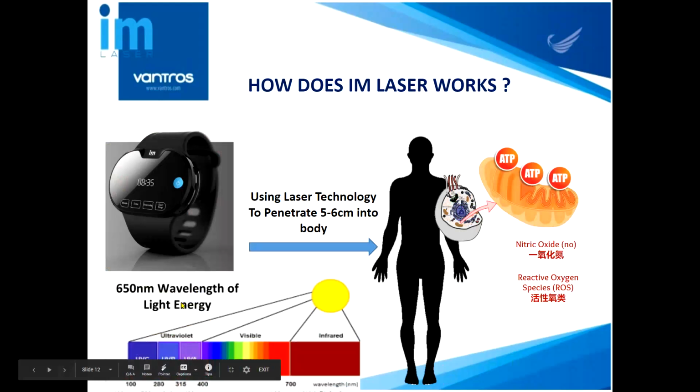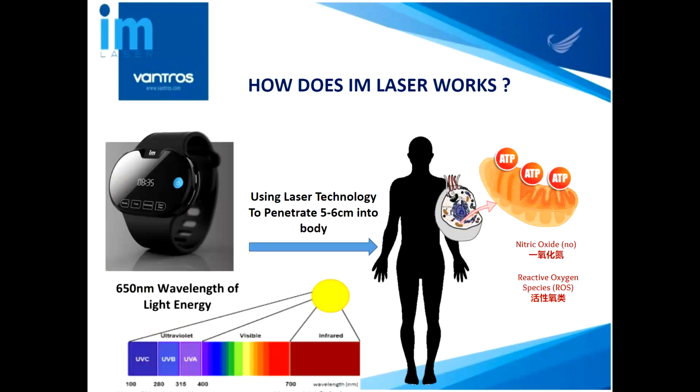In the morning sunlight, if it is drizzling, then we see a rainbow, right? The red light is the 650 nanometer wavelength. So we simulate that and put it in the unit, using laser technology, because by using laser technology, it can penetrate into our body